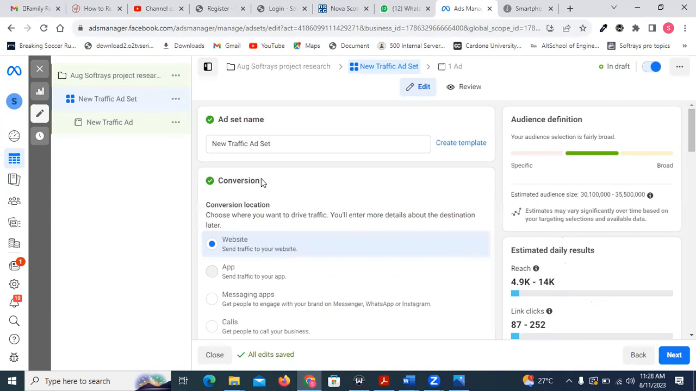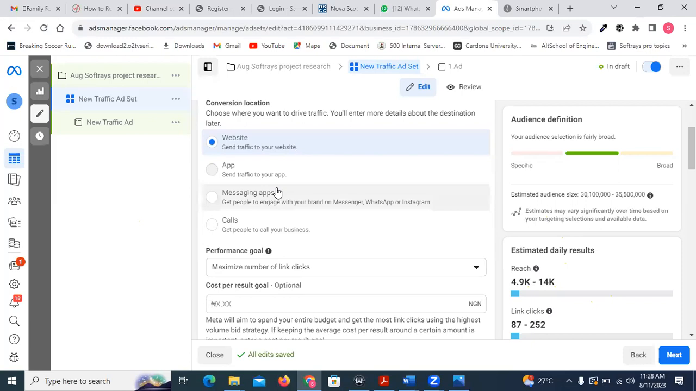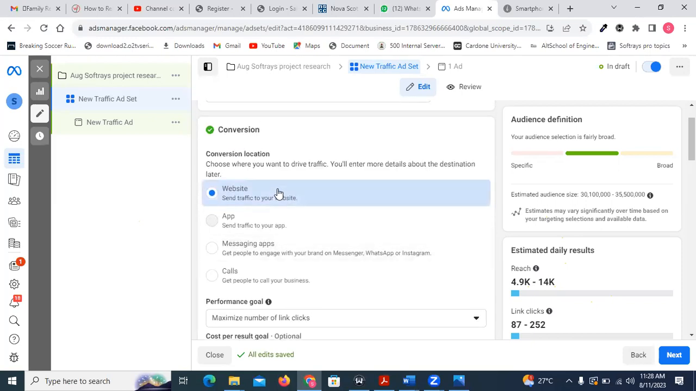Conversion means which direction do you want the customer to go? Just follow me. You know, I'm blessed with one thing. I can teach people in that short period of time, and they will understand. I've taught people when I see them, they are doing well. Now, conversion is the direction that you want the customer, when they see the ad, to go. If you choose website, at the end of the ad, it's going to ask you